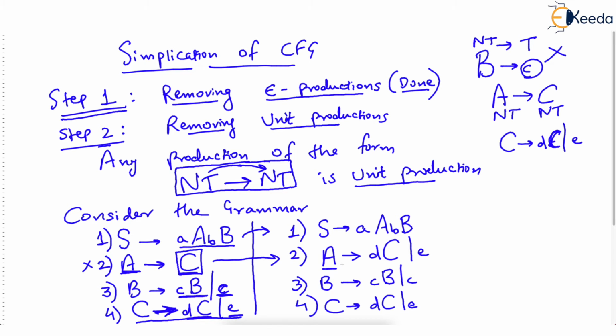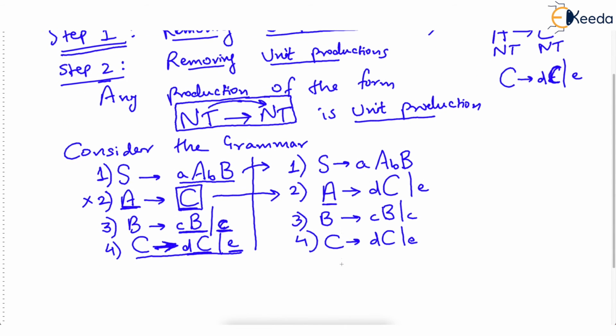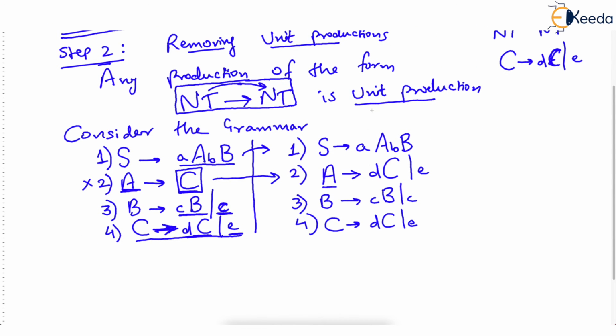Now what's the use of this? How is this right hand side grammar a simplified grammar? What happens if we remove the unit productions? Let's see. Let's go for a derivation. For the left hand side grammar, let's start our derivation with the start symbol and say that S gives A, B, B. Now what can you replace A with?